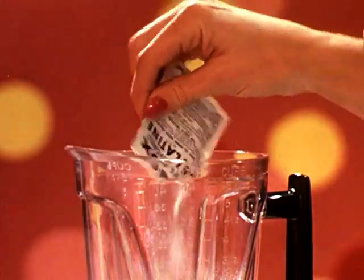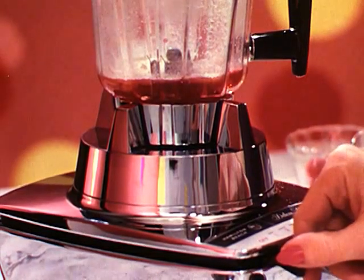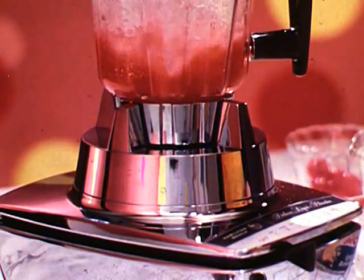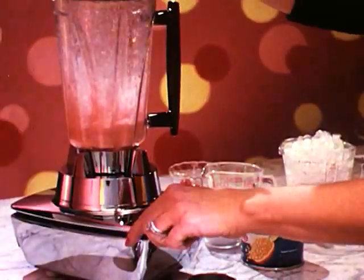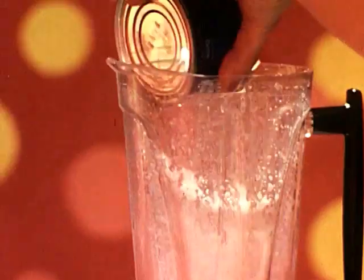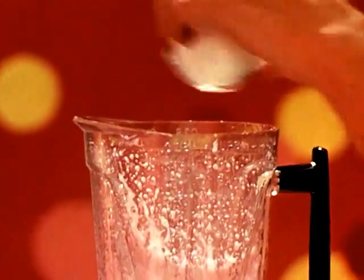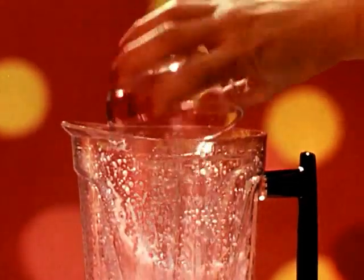There is no better or faster way to make whipped and chiffon gelatin desserts than with a blender. We start by dissolving the gelatin in lemon juice and hot maraschino cherry juice, which is already in the container. This takes only a few seconds at low speed. Then pineapple is added, and sugar, maraschino cherries,